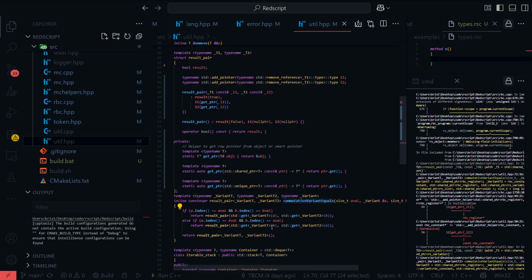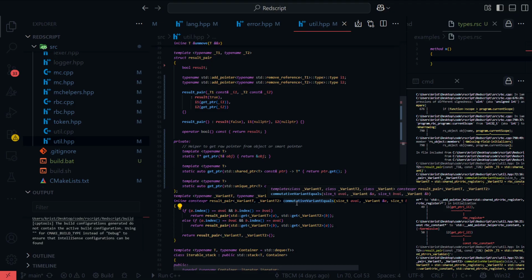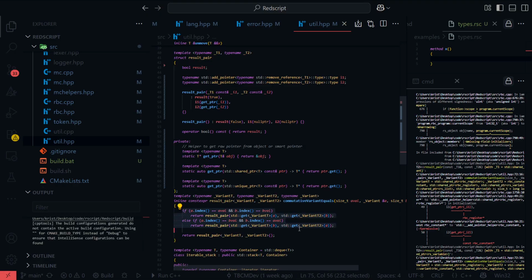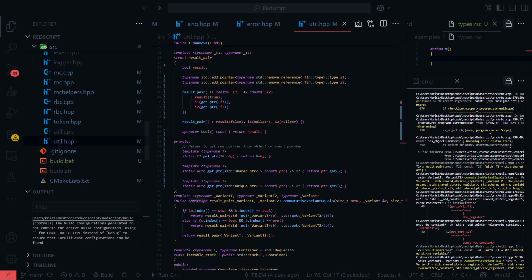It could be any of those, and that's the variant, right? And the commutative variant equals is used when I'm comparing x equals y, and x equals y is the same as y equals x, so we have to commutatively check if it's true, and then if they are true without order, we can return a nice structure that just gives us both of those variant values back straight away. So we don't have to do any standard gets or anything. And it's a nice constant expression function.